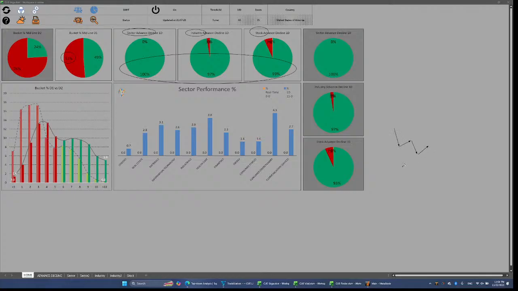The recovery was recovery in a downtrend. That is shown by the percentage of stocks below mid Bollinger Band still being more than above mid Bollinger Band. Almost neutral, slightly bearish, and the bucket analysis bar chart is showing it is not